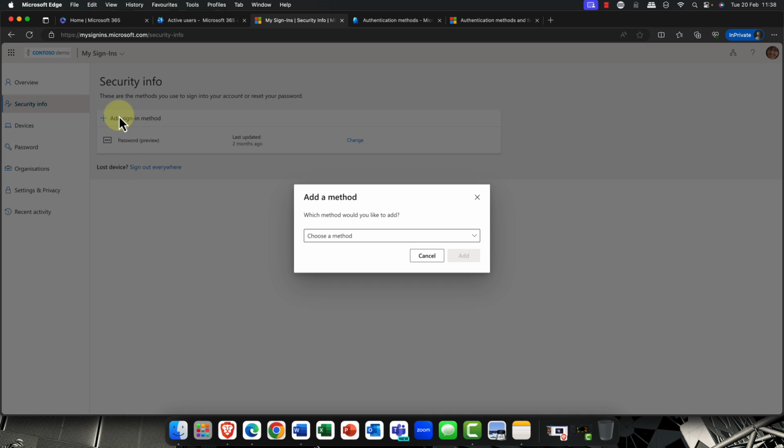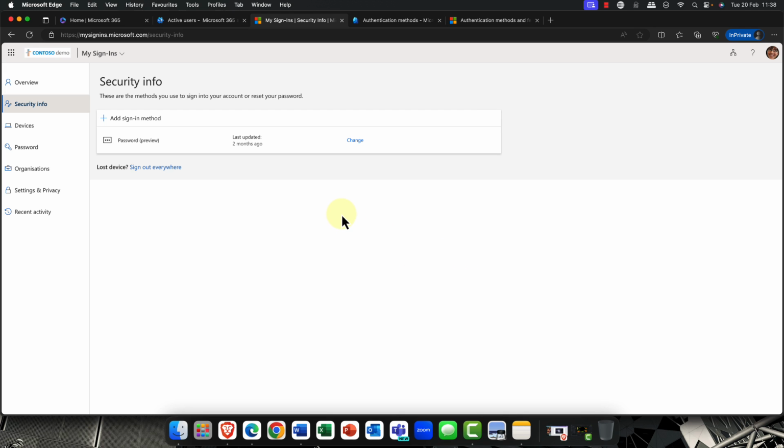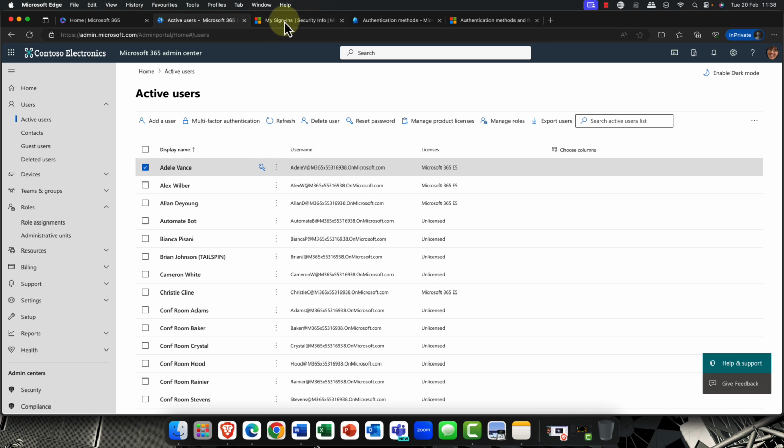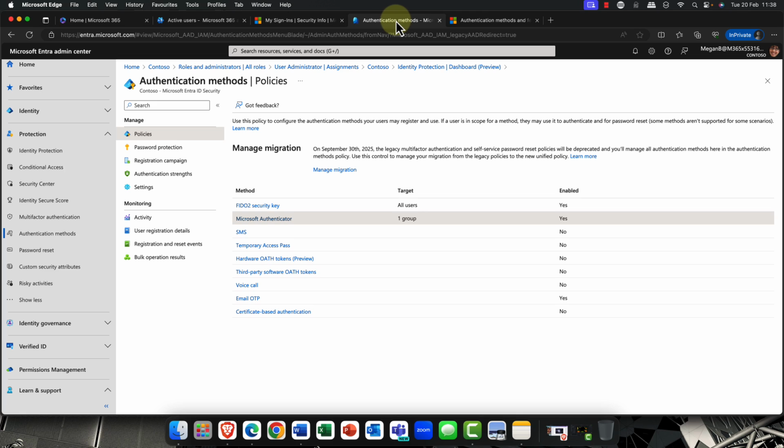So you really want to either enforce a policy or you want to get the user to select another form of authentication. Now, a security key or an authentication app using biometrics, these are classed as, well, certainly the security key anyway, is what we call phishing resistant. So it's definitely worth setting those up. Okay, so there you go. That's my number 8, ladies and gentlemen. That's the authentication method policies.